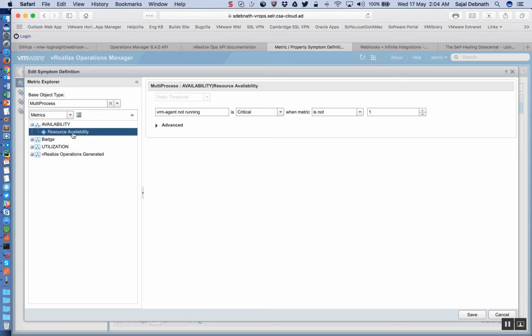So if I select the base object type as CPU, I can simply go ahead and select that. I give the symptom a name, and I define whether it's critical, info, just informative, warning, or immediate action needs to be taken. So I set critical when the metric is not equal to 1, right? If the metric equals 1, that means the agent is running. If it's not equal to 1, so it's 0, the agent is not running. I just simply want to get an